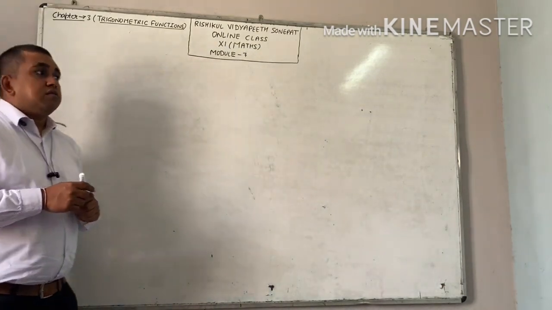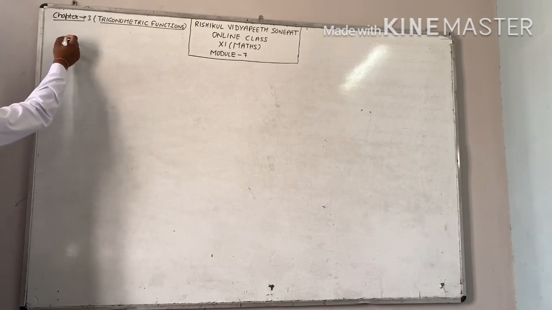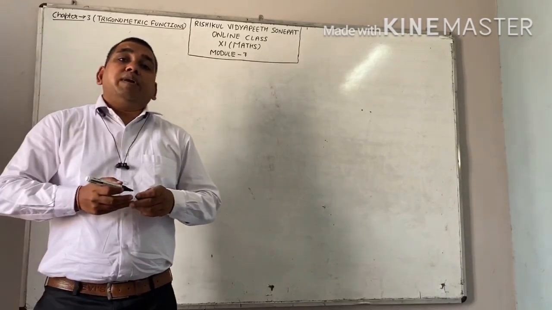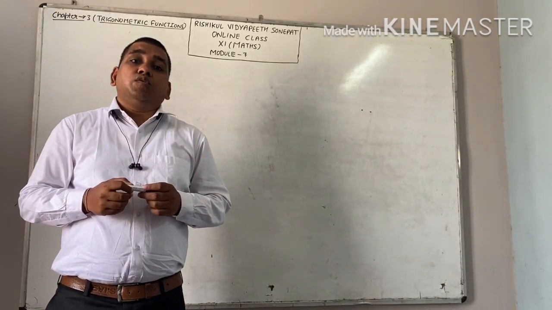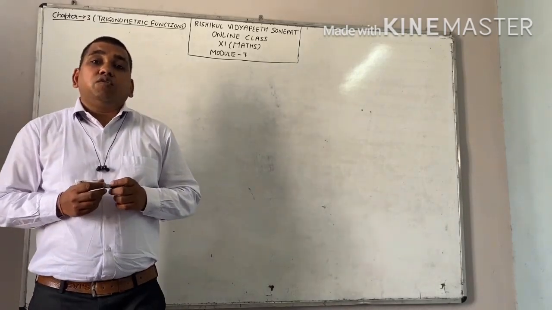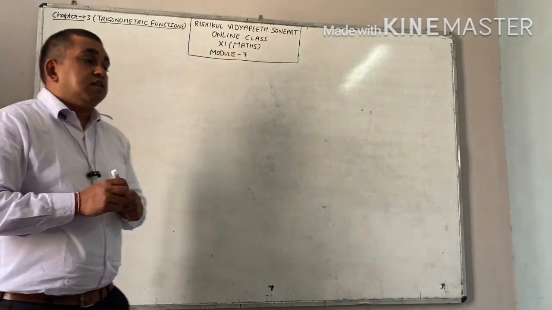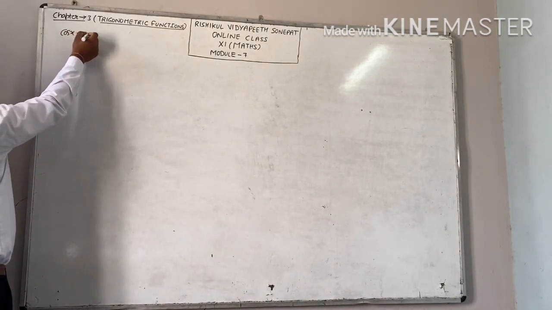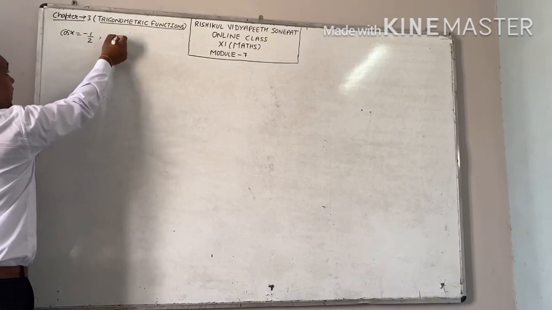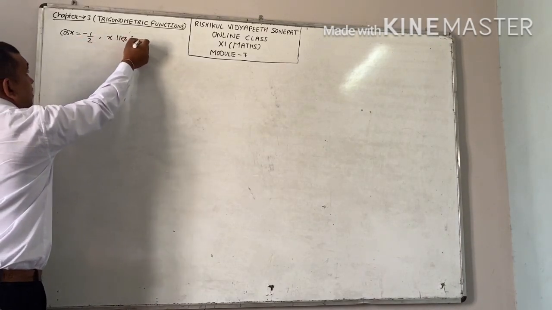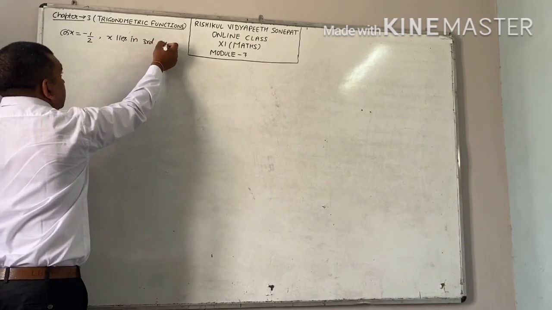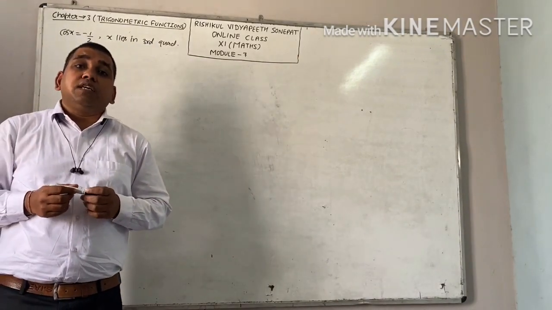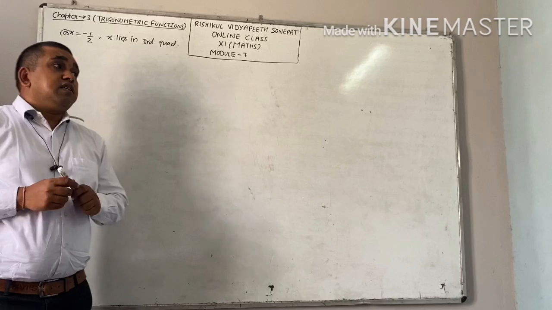Let us continue. In this lecture, you will study when the value of one trigonometric function is given to you, how will you find out the values of the other trigonometric functions? Now, see one question. If cos x equals minus 1 by 2, x lies in the third quadrant, and we want to find the value of the remaining 5 trigonometric functions. How will you find out? We will study in this lecture.